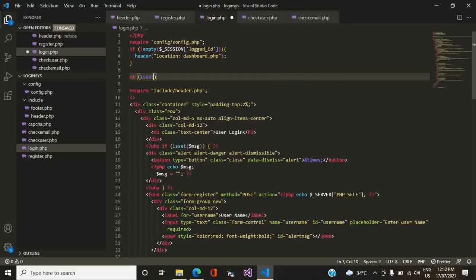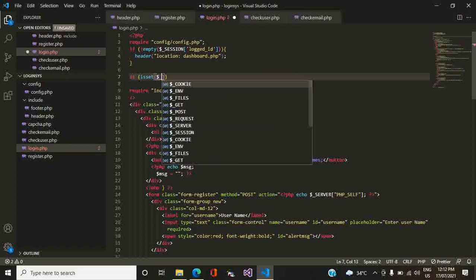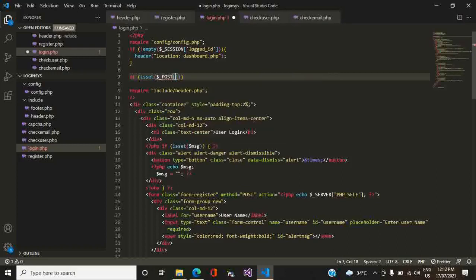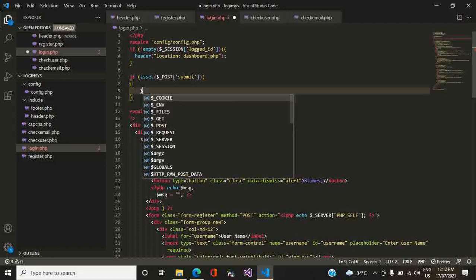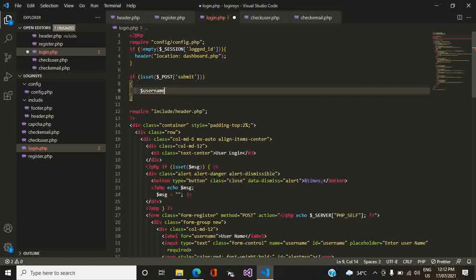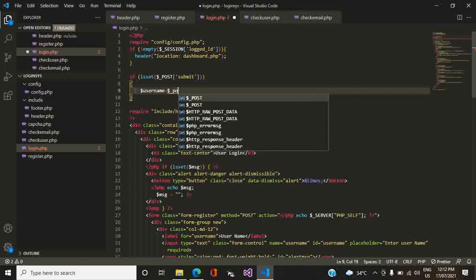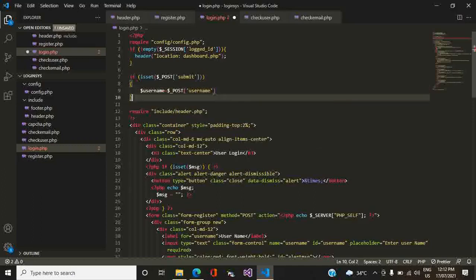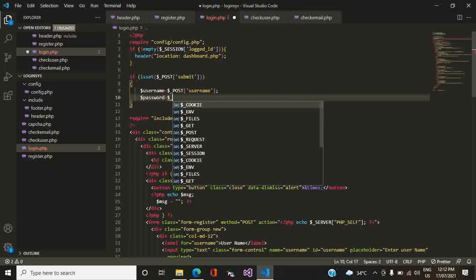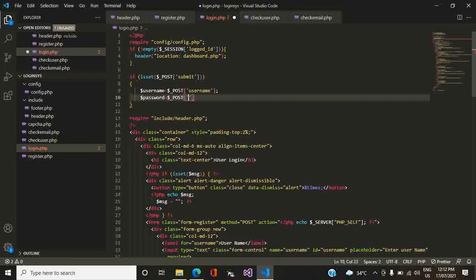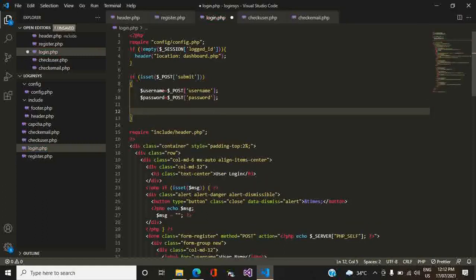If I say post submit, username is post username, password is post password. Okay, now we have to check